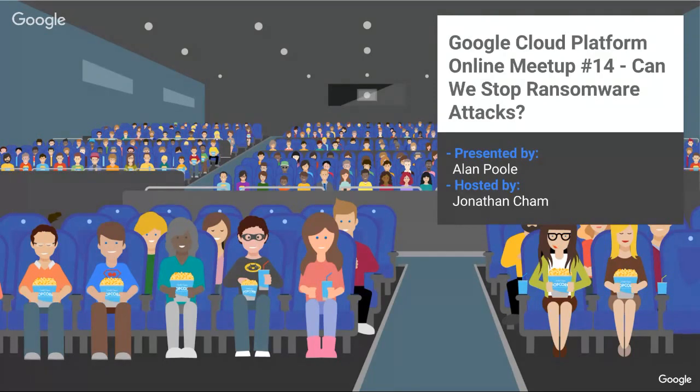Thank you. So Alan, can you tell us a little bit about yourself, your background, and why you are interested in ransomware? Hi. I'm on the customer engineering team. I am a security specialist. I spend all of my time talking with customers of Google Cloud about security and compliance regulations and general web security. I started on the Google Maps team back in 2011, so my background is in software architecture.